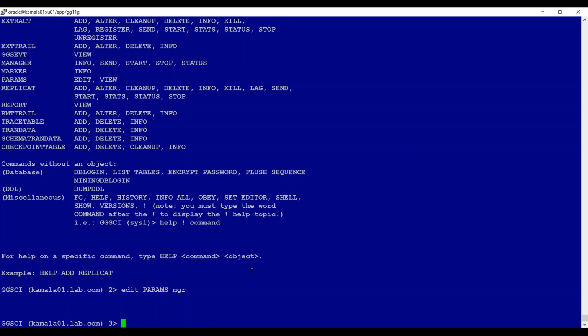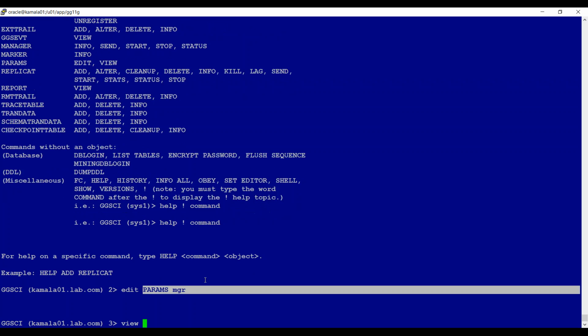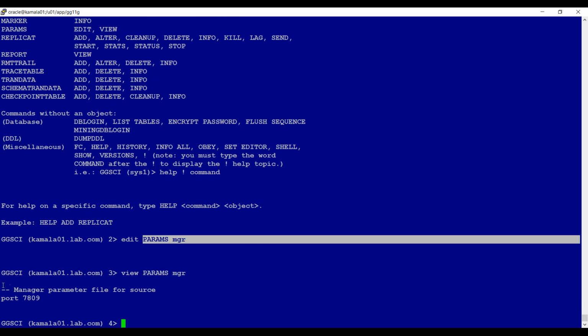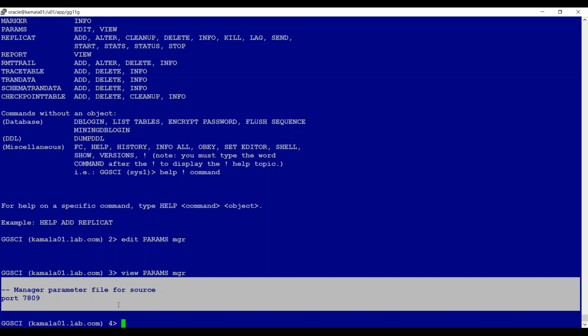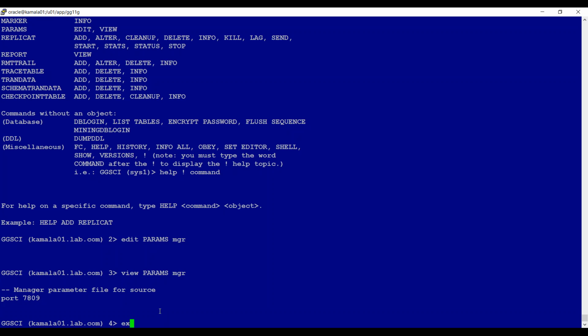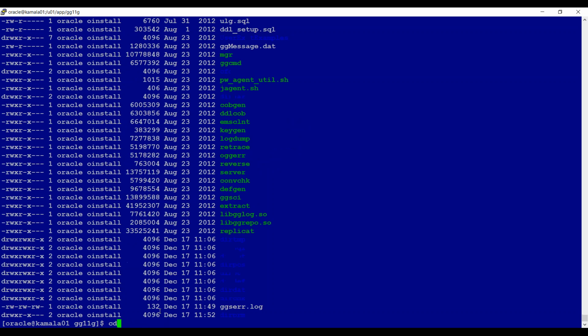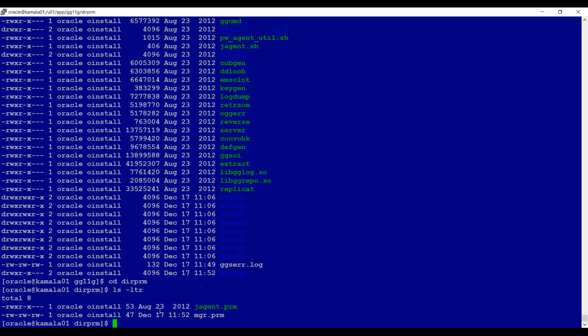So I can edit or I can view the parameters. For viewing the parameters, just use view: view params mgr. Okay, so these are the contents which we added in the parameter file, so it is displaying. If you see at OS level also, the dirprm parameter files,